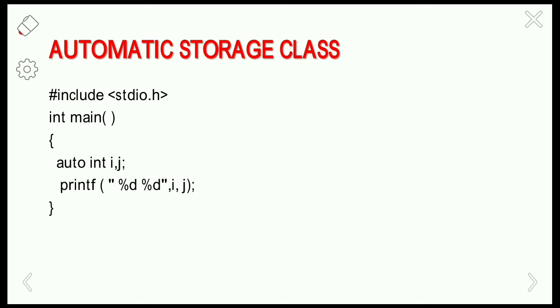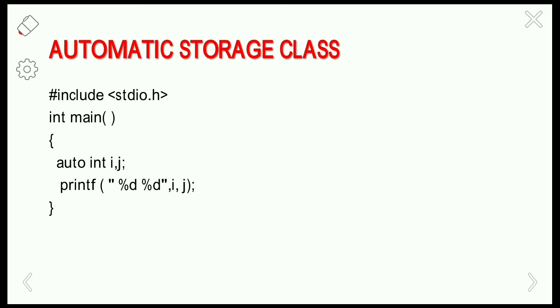Here it may print any value, based on the computer. Normally it is going to print the garbage values of i and j. When you run this program, you may get different values since the garbage values are unpredictable. So you have to properly initialize the automatic variables, otherwise you will get unexpected results.